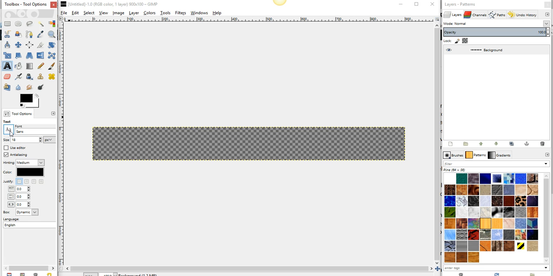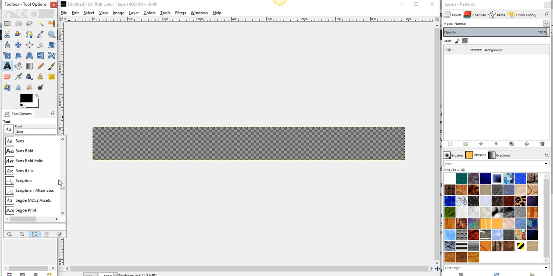So I'm just going to select this font icon here, and it'll give me all of the fonts that are not only within the Gimp software, but also any fonts that I have downloaded to my computer. So if I've found my brand fonts and downloaded them to my computer, they will now be shown in this collection of fonts here. Okay, so I'm going to pick my brand font